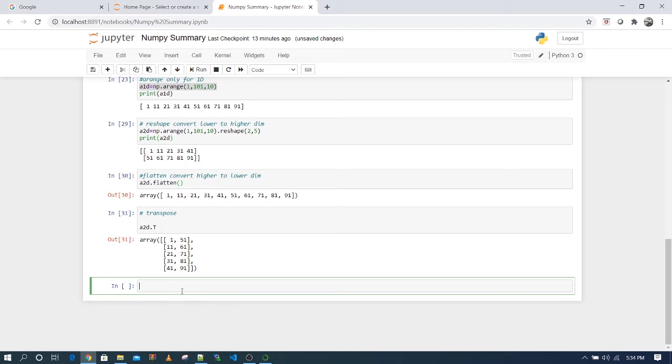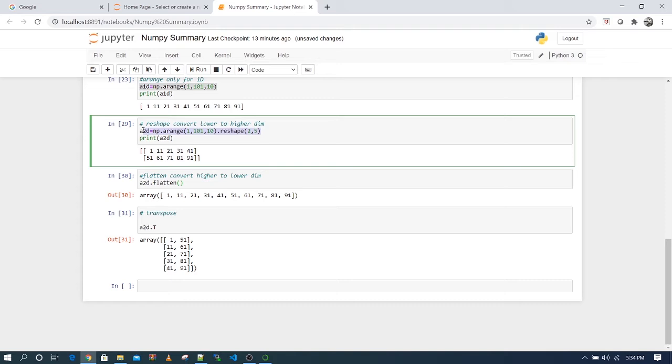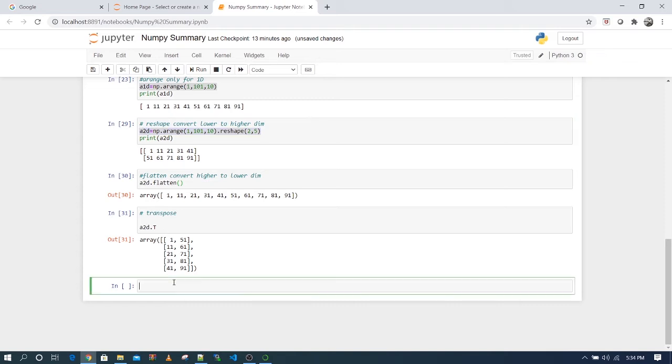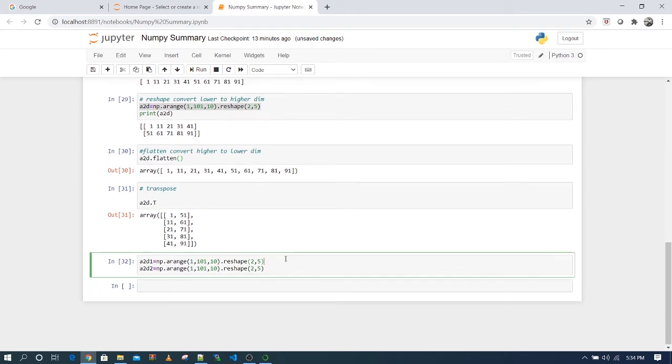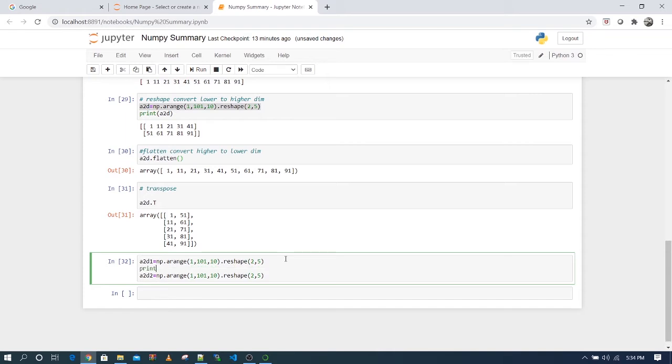Transpose is a common function in matrices. Now suppose you have a 2D matrix like this, and you have another 2D matrix, A2D1 and A2D2. So now I have two matrices here. Let me print A2D1 and A2D2.